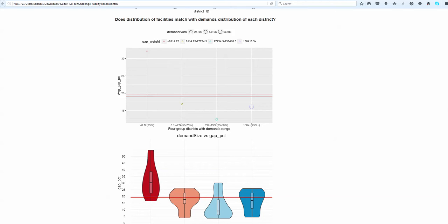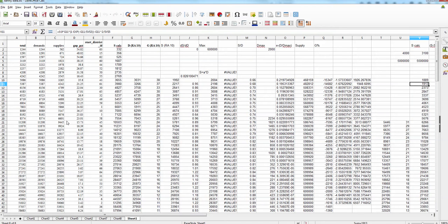Individual raw data tends to have a lot of scatter on it, so it's sometimes quite difficult to see trends in raw data. So sometimes it's easier to see trends if you take averages. So I took the data that you sent me yesterday about supply, demand and gap, and decided to do a rolling average of them.